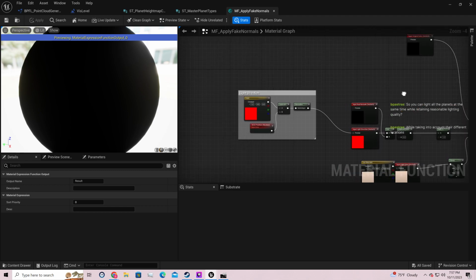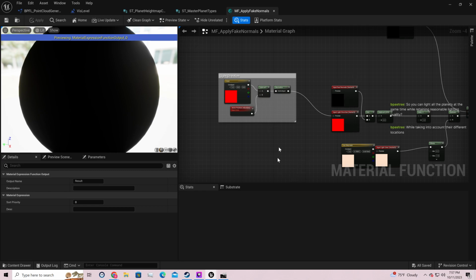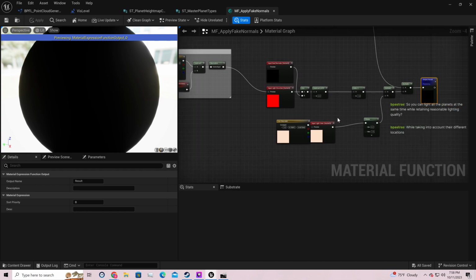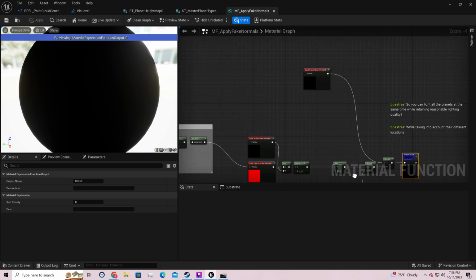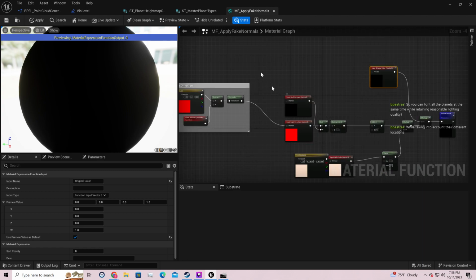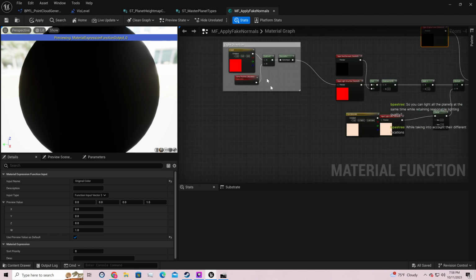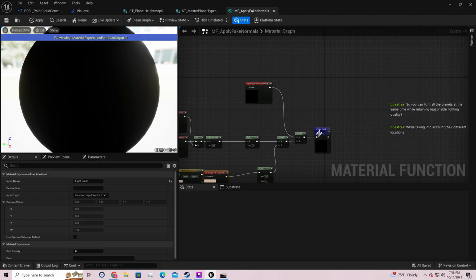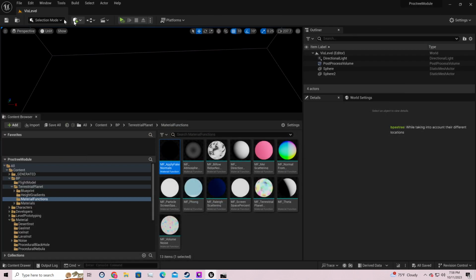Yes. So this function takes in a light direction, a normal map, and a light color, and an original color, which is the color of the thing. Whatever your output for what it's supposed to look like without normals comes in here. Your actual normals come in here. Your light direction is set to whatever you want it to be, and your light color is set to whatever you want it to be. And then the output result of this will be the same thing you put in, but with the effect of having a normal map, but in an unlit material. So like,